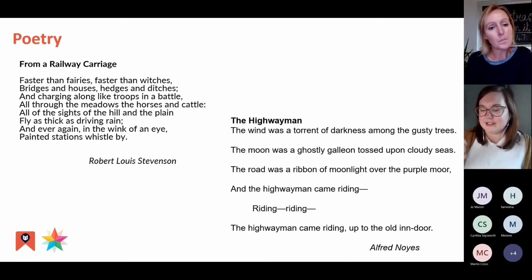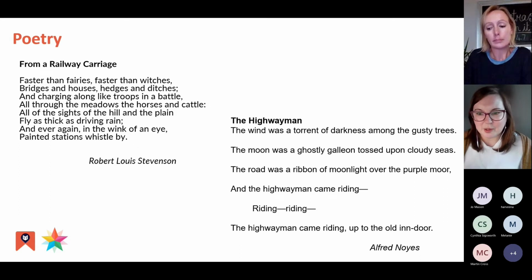So there's the hint there. I think with this kind of poem, you could do a really good activity where they could look particularly at the vocabulary, and you could maybe not give them the title at all, and ask the question, what do you think this poem is about?